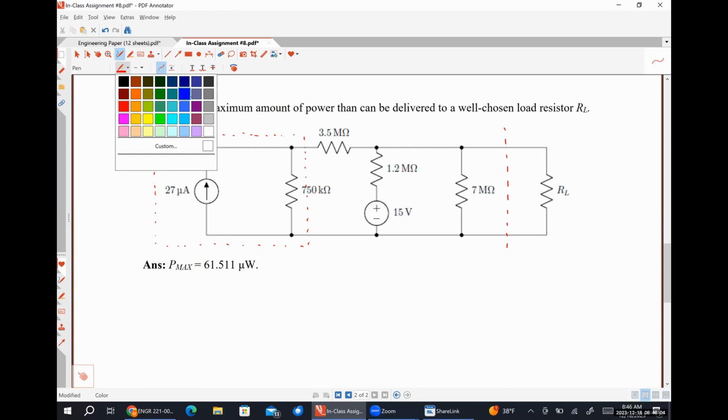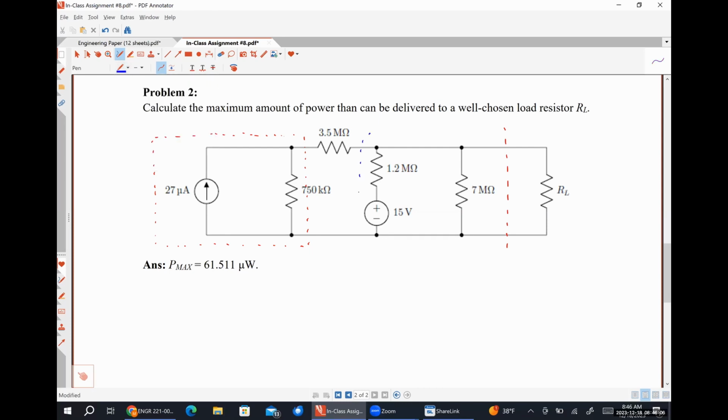And then this 1.2 megaohms in series with 15 volts is also a practical voltage source. So I'm going to put a blob around that, as it were. All right, so